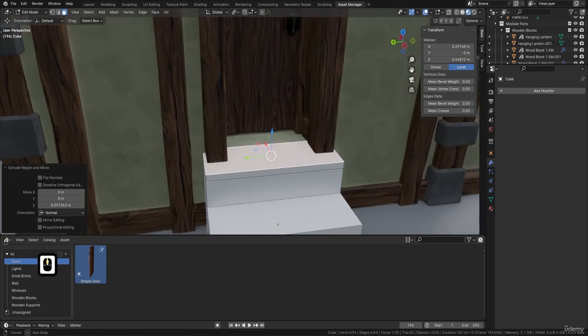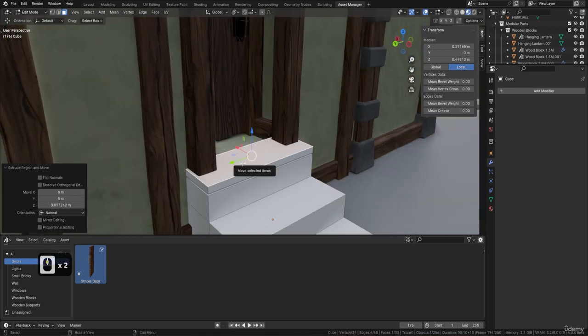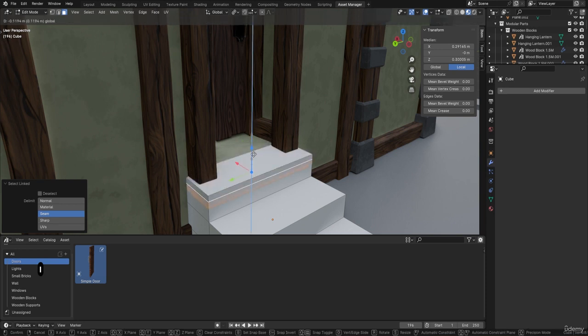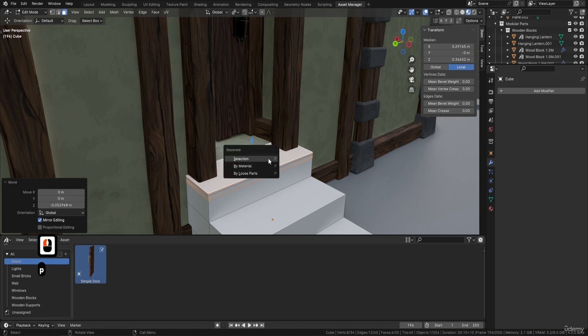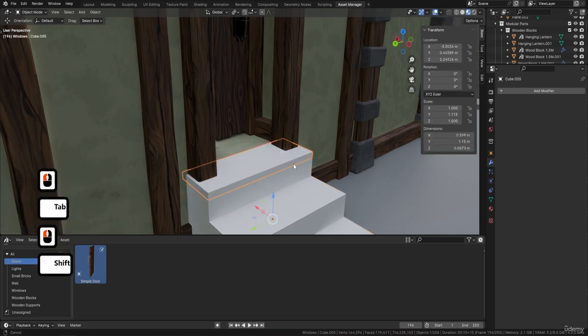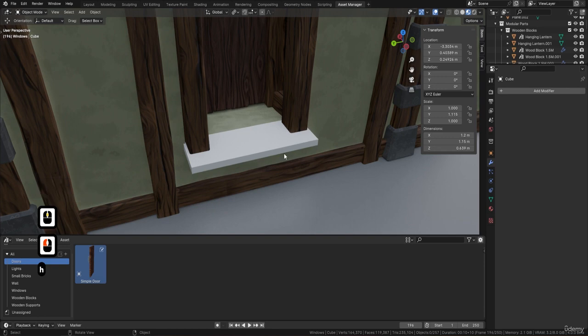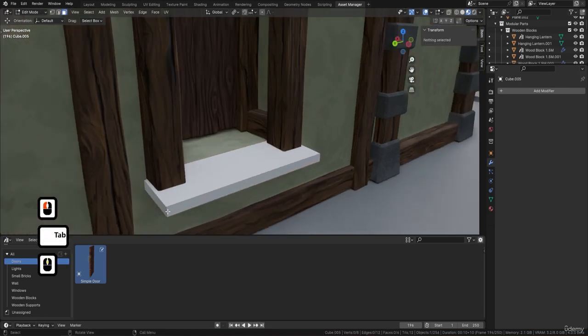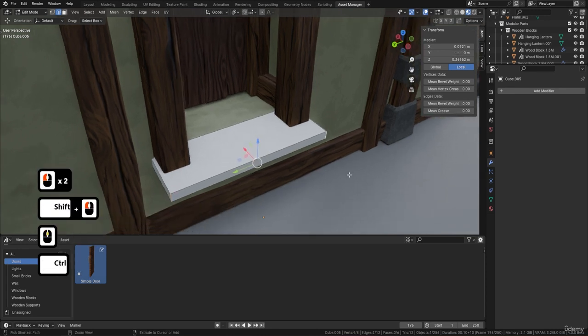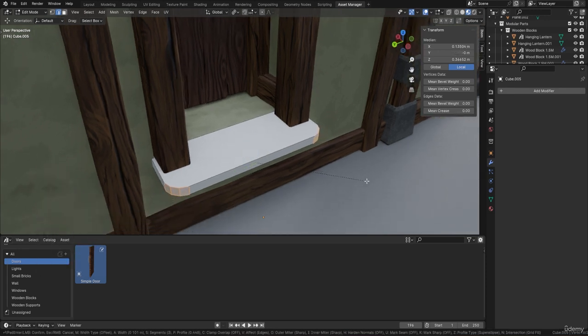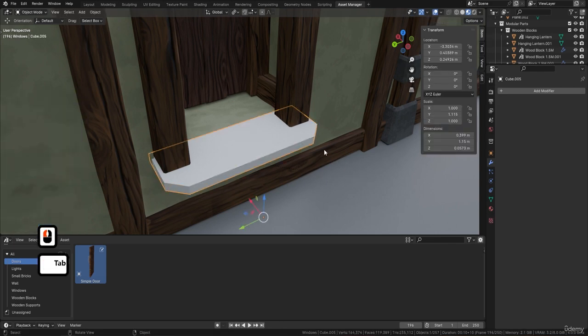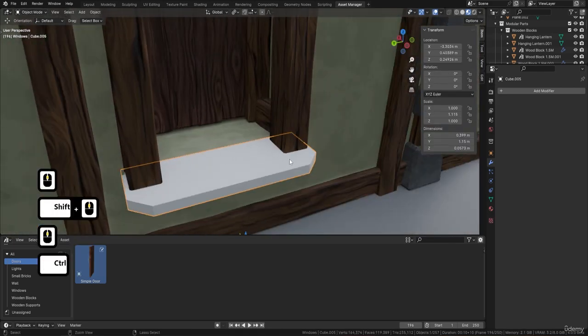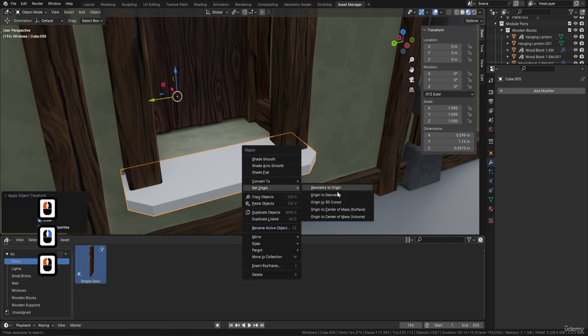And obviously it wants to be a little bit smaller than this. So it wants dropping down a little bit. You don't want that big step there. You want it just above. So something like that. Then I'm going to press P, selection, and there we go. That's that part there. Let's hide the steps out of the way then, and then I can just come in and grab this one, and I can press Control B and bevel it off. I don't really want to bevel it with two, so I'm just going to turn it down to just one, like so. And then all I'm going to do is press Control A for transforms, right click, so origins geometry,